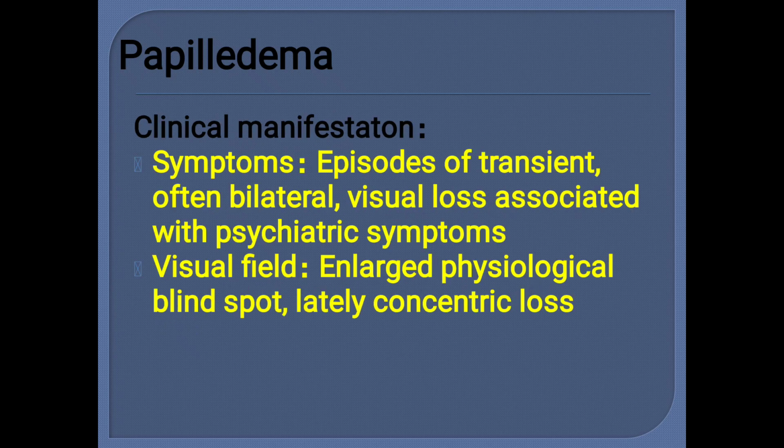So what are the symptoms? Usually the symptoms will be of the primary disease of the brain. But what happens in the eye? In the eye, there will be episodes of transient, often bilateral, visual loss. Transient means reversible. These are called amaurosis fugax, and this is a very characteristic symptom. Patient says there is complete blackout for 5 to 10 seconds and the vision again comes back. That is the initial manifestation of papilledema. Then the patient will have headache and projectile vomiting because of raised intracranial pressure.